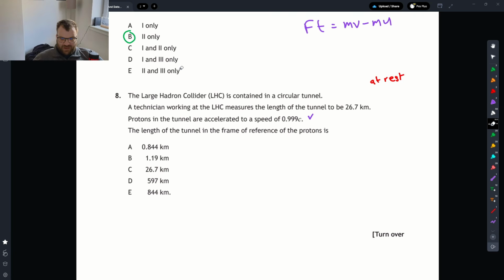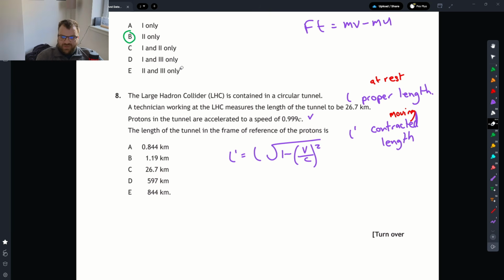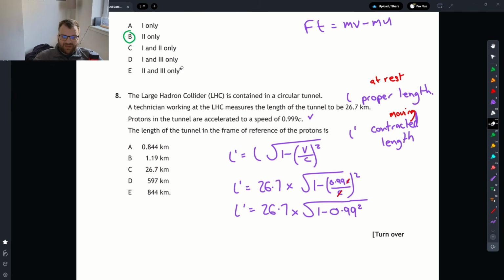We have our length at rest, which is the proper length, is the 26.7. And we are asked to work out the length as the proton is moving, which would be contracted. Plugging them in, then we've got v is 0.999 c over c. The c's will cancel out, leaving us with 1 minus 0.999 squared. And then when we plug that into a calculator,